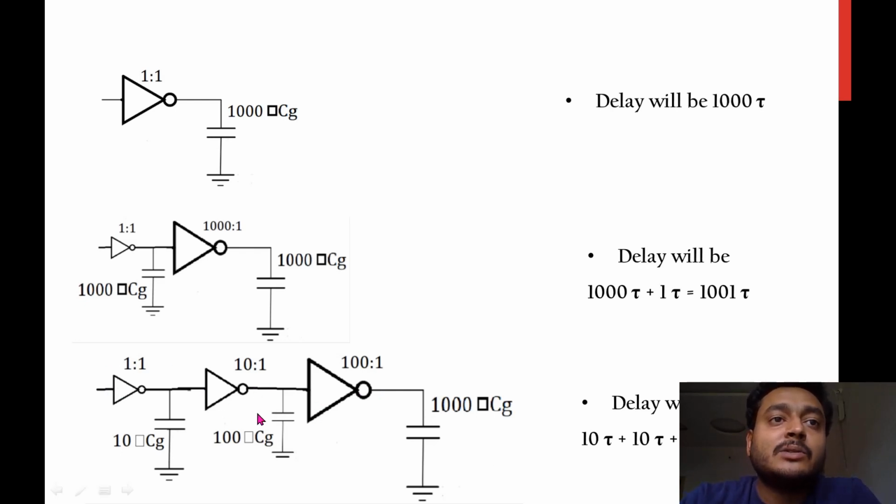I told you the second inverter is almost 10 times greater than the first inverter, and the third inverter is 10 times greater than its predecessor, the second inverter. I'm saying 10 times here, but how many times bigger it has to be needs to be identified. These are the things you will find out in your cascade stages issues. For that, we'll try to find the optimum value and have some derivation for it.